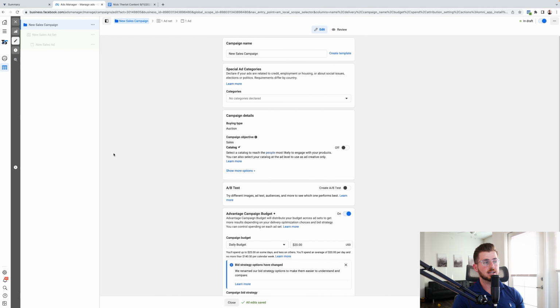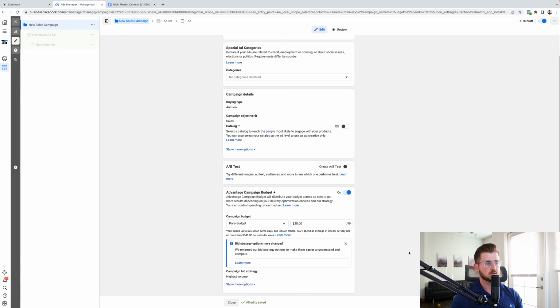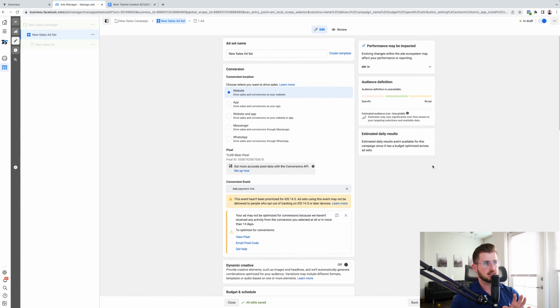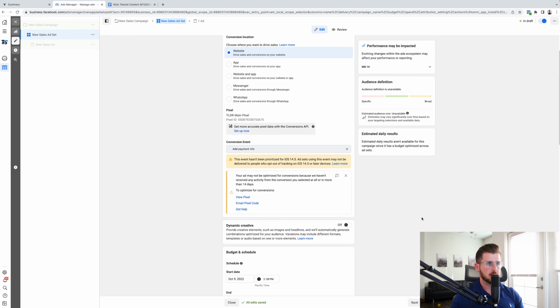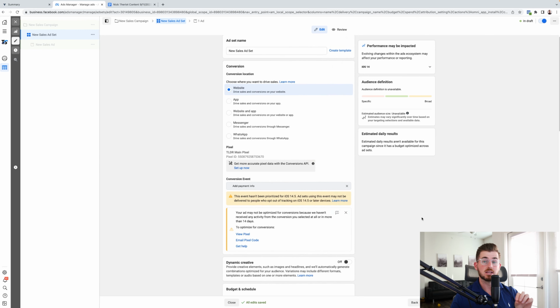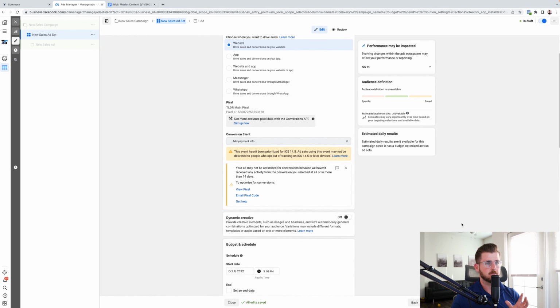So I just want to show you guys, first off, I'm in an ad account right here. I went ahead and hit create a new campaign, standard, just campaign Advantage Plus, and then chose the standard ad payment info. This particular account is not an e-commerce account. In fact, it's an app install account, so that's why I just selected a random conversion event for you guys.